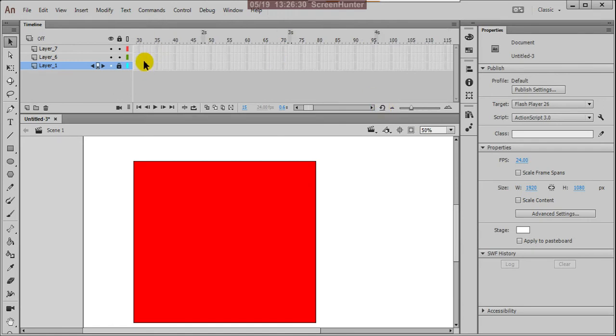Yes, it has reached the default. And here, fit more frames in view, so it is fitting more frames. Here you can resize the timeline view. By dragging this, you can zoom in and zoom out.